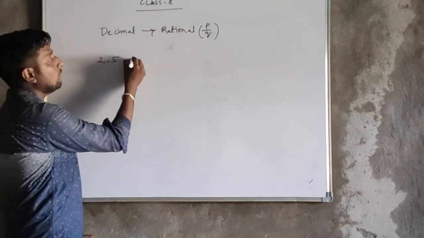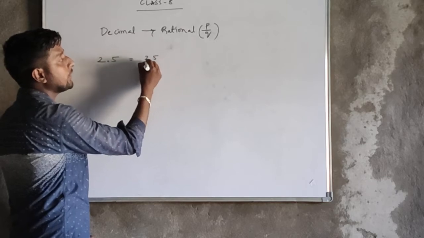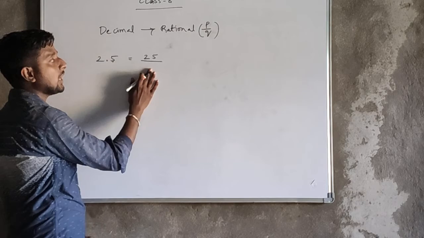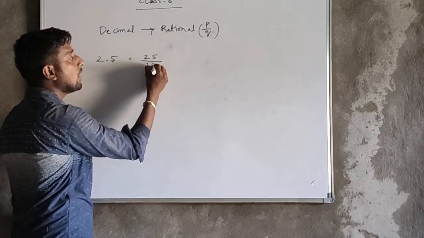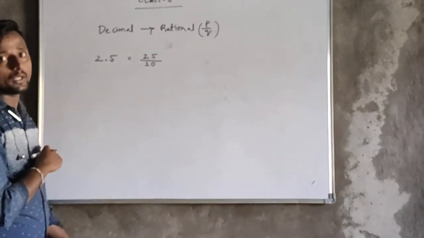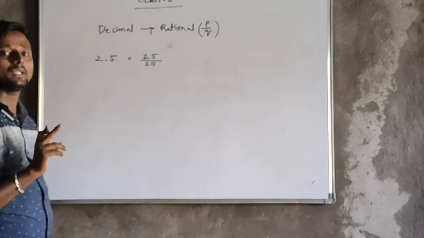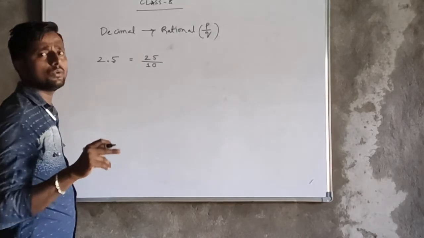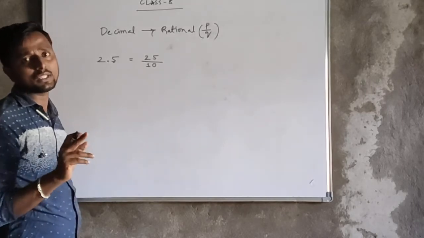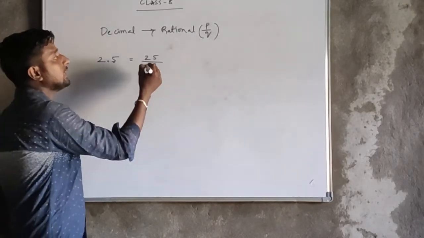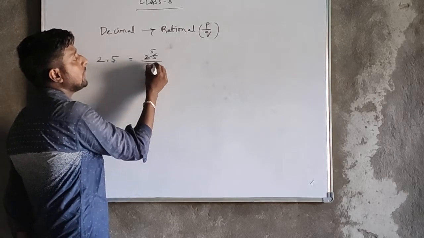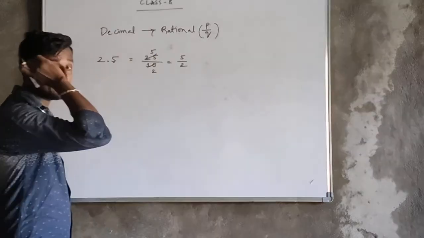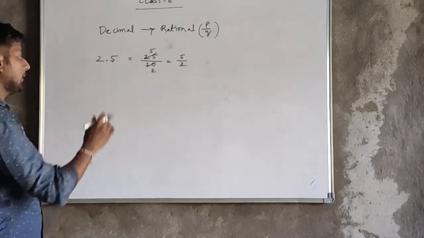Now 2.5 is equal to, I can write 25. Look, after the decimal we have a single digit. So in the denominator we can write 1 0 along with a 1, that is nothing but 10. Now if any cancellations happen, many times I told you, a fraction should always be in simplest form. 5 fives are 25, 5 twos are 10. So answer 5 by 2. Correct?